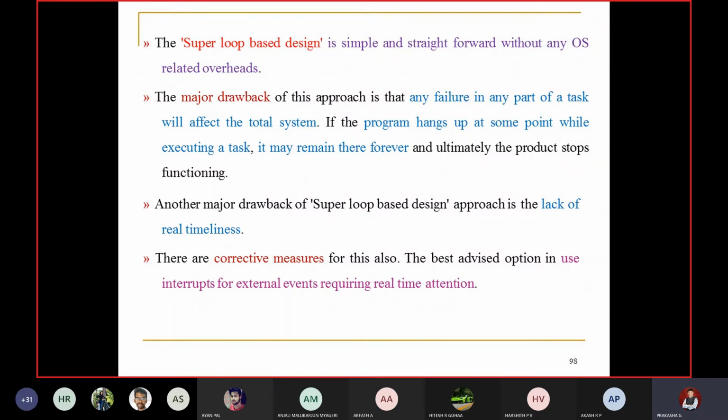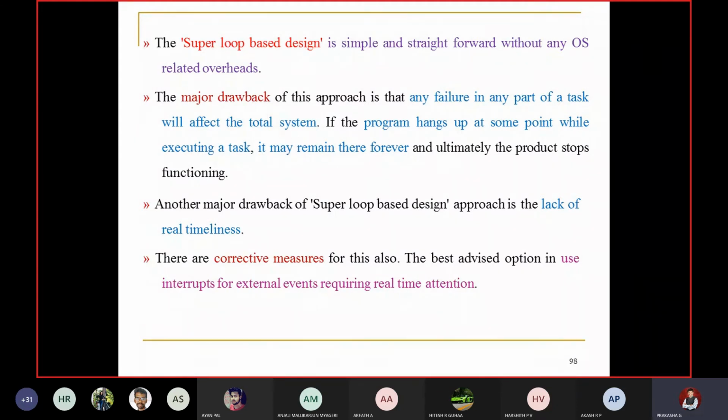So, how to resolve this? In your Superloop based model, based on the input from outside, the external events, the best option is to use interrupts. Any external events you have, keep using interrupts. Give me the correct input, give me the correct data.